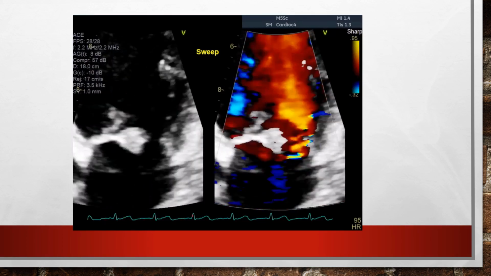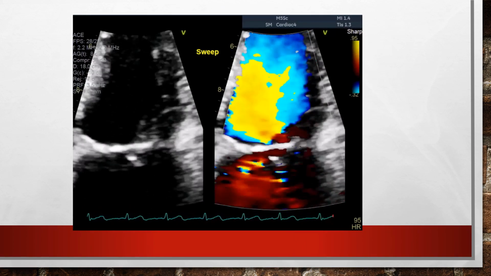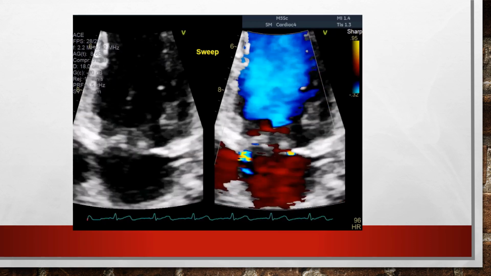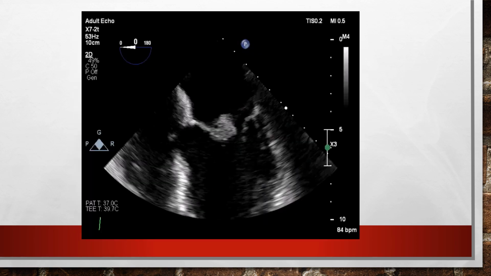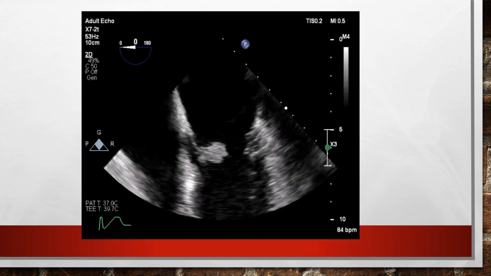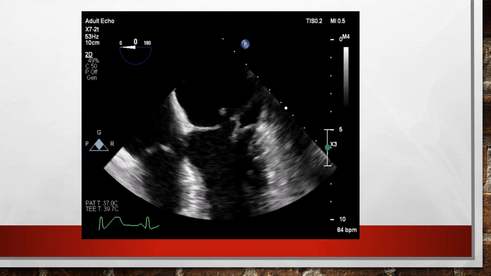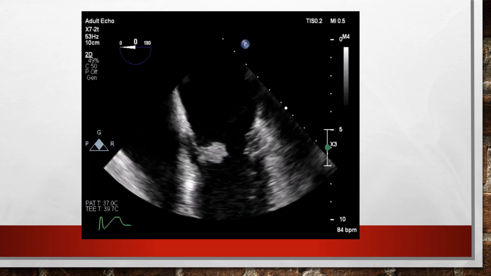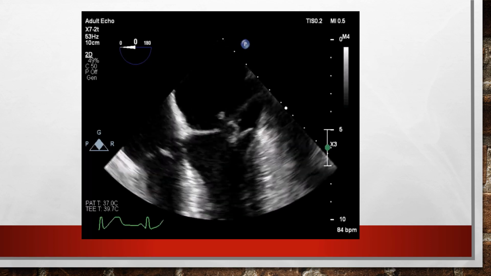So this is apical 4, and as you can see, a big mass and also a possible perforation. This is a TEE, and as you can see in this TEE, there is what's called a windsock deformity of the anterior mitral leaflet. Then you can see also a gap there at the base of that windsock, which is suspicious for perforation. And when you put color,